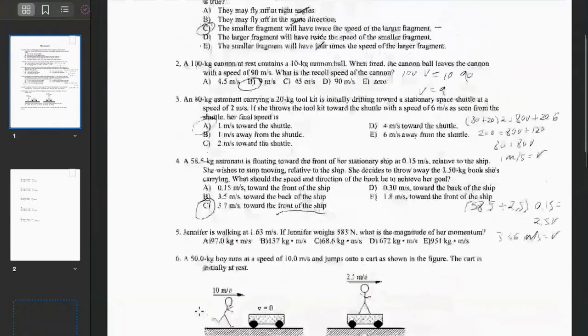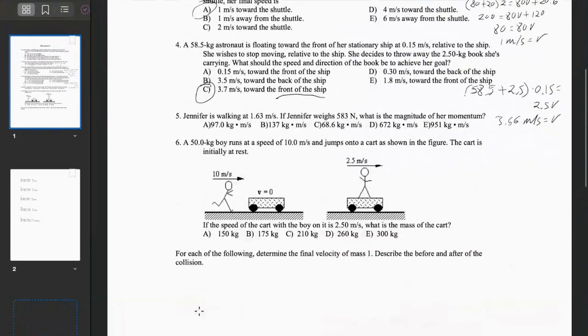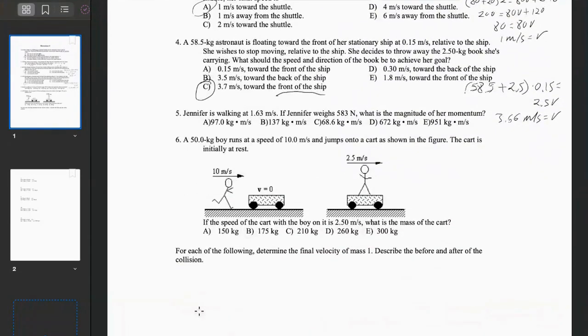Number 5, Jennifer is walking at 1.63 meters per second. If Jennifer weighs 583 newtons, what is the magnitude of her momentum? We know that momentum is mass times velocity, so we need to know what Jennifer's mass is. If she weighs 583 newtons, that is her force of gravity. Divide by 10, 58.3 is her mass. And then we're going to multiply by 1.63, her velocity, to get her momentum. So 58.3 times 1.63 will equal,